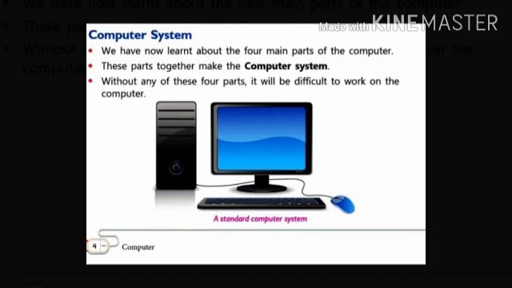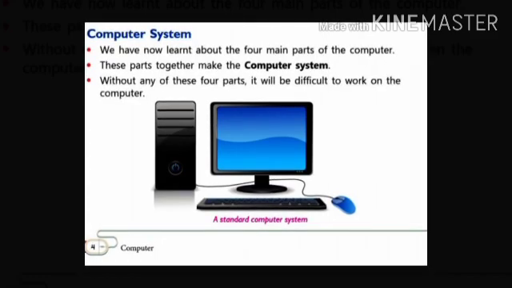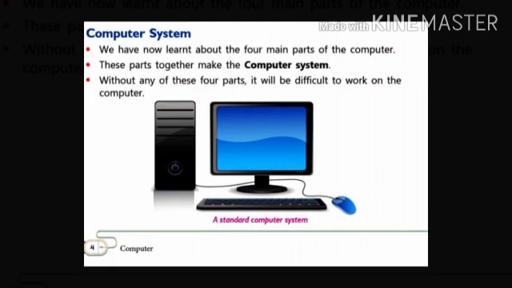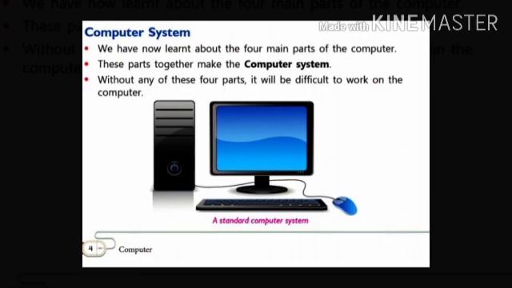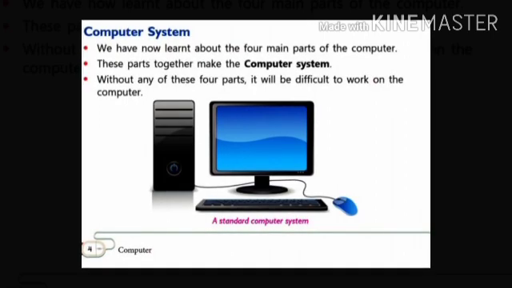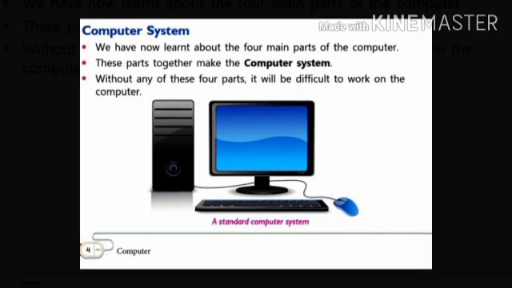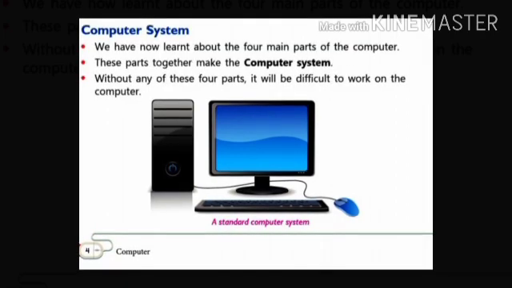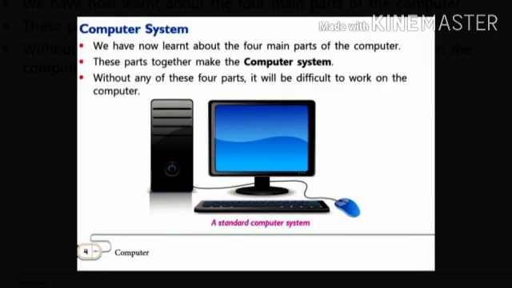Now let's read about computer system. We have now learnt about the four main parts of the computer. These parts together make the computer system. Without any of these four parts, it will be difficult to work on the computer. We have learned that without the monitor, we will not be able to see the work performed on the computer. Without the keyboard, we cannot command the computer what to do.